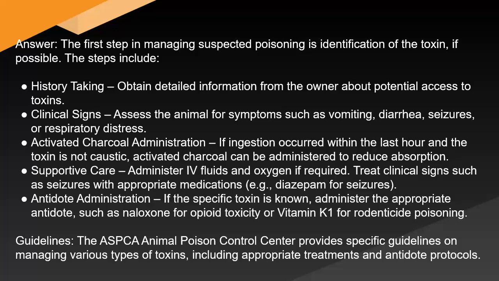Antidote administration. If the specific toxin is known, administer the appropriate antidote such as naloxone for opioid toxicity or vitamin K for rodenticide poisoning. Guidelines. The ASPCA Animal Poison Control Center provides specific guidelines on managing various types of toxins, including appropriate treatments and antidote